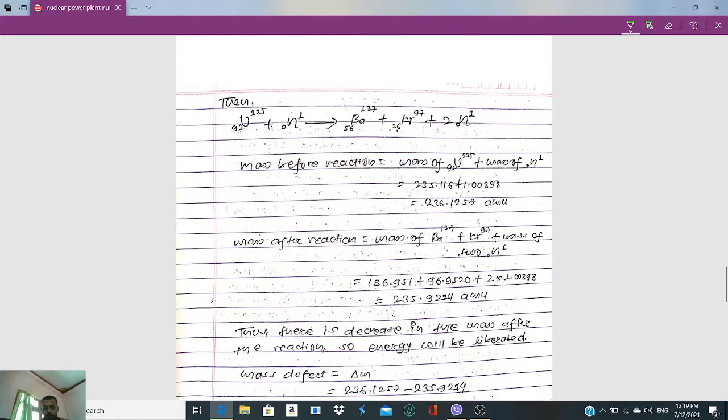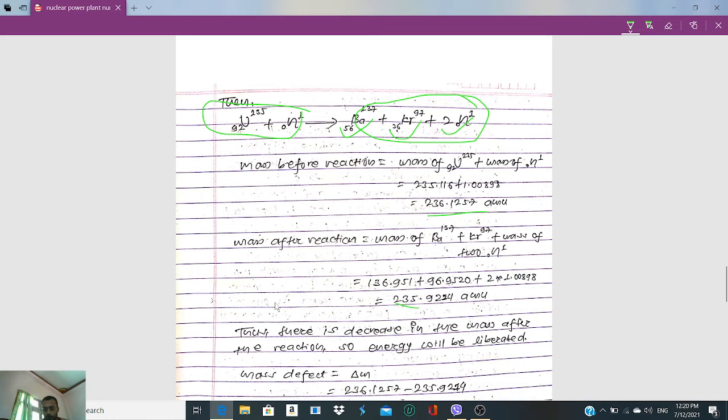After balancing, we will calculate the mass before the reaction, which is the mass of uranium 92-235 plus the mass of neutron. So we'll get mass of uranium 235.116 plus mass of neutron 1.00898, so in AMU we will get 236.1257 AMU. Similarly, the mass after the reaction is the mass of barium plus the mass of krypton plus the mass of 2 neutrons. So on calculating we will get